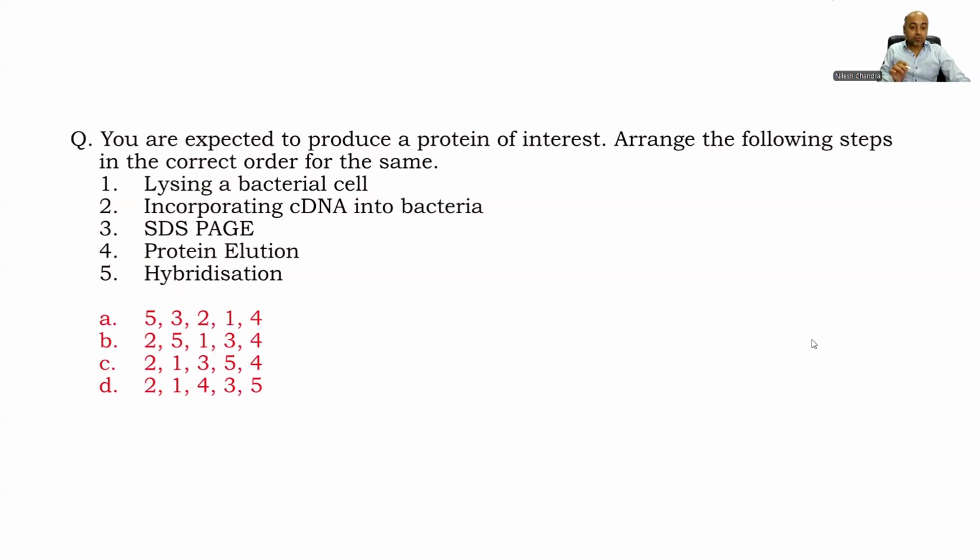So what you have to understand, first and foremost, you have to incorporate the complementary DNA into the bacteria. So this one is out. It starts with number 5, not with number 2. Then you have to allow this complementary DNA to integrate with the genome of the bacteria, meaning hybridization should happen, which is happening here. You don't even need to look at the rest of the options, but just for the record,